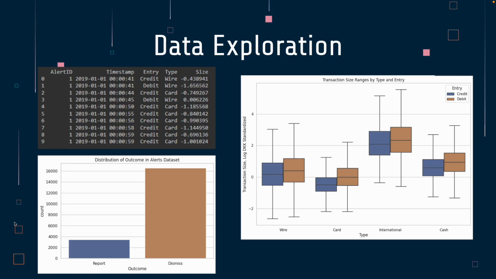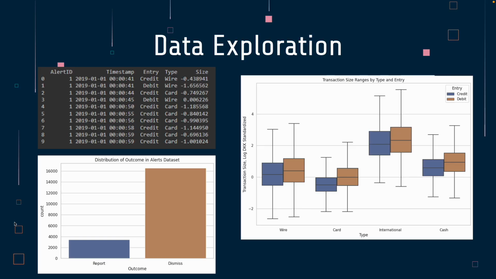So we started to explore the data. It was fairly straightforward. First, we just made sure that there was no missing data. Next, we discovered that the data set was unbalanced, and therefore we needed to do stratified sampling and look at precision, recall, F1, and ROC-AUC as our performance indicators. It's to be expected, right? Of the trillions of transactions that occur every day, we of course are only going to have a subset of those be fraudulent, so it's no surprise that the amount of flagged transactions is significantly lower than dismissed, right?